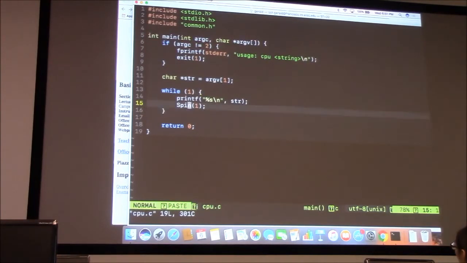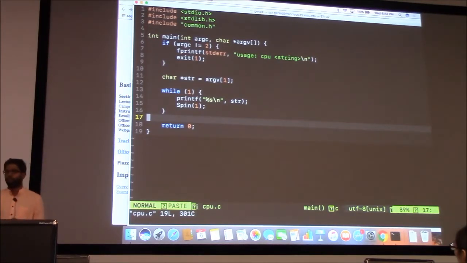And yeah, so it just waits for a second before it prints the same string next time. That's all it does. And at the end, why do we have this return 0? Anyone? In the simple program, yeah? To show that it returned normally, or that it quit normally? Exactly. So the return 0 is the way that the application programs informs the operating system that it has terminated